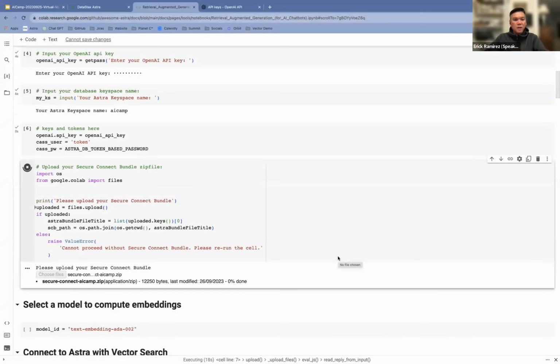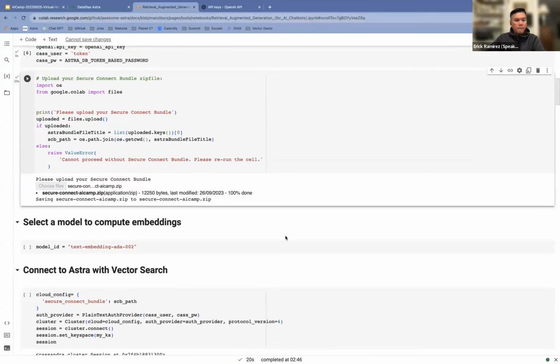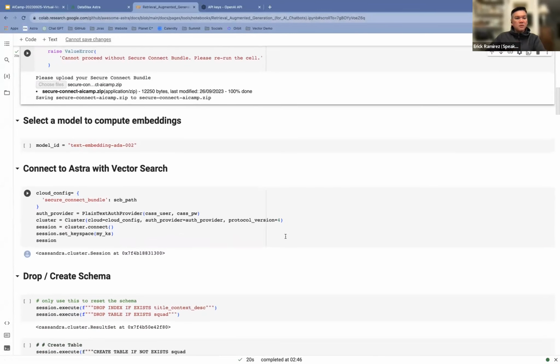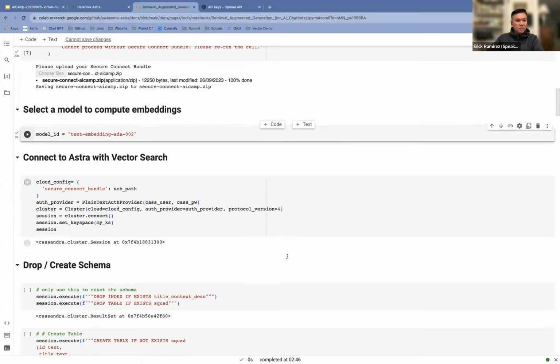Again, think of the Secure Connect bundle as your JDBC URL. For the purposes of this demo, we're going to use OpenAI's ADA text embedding, the second generation model. We're going to load that as an environment variable.